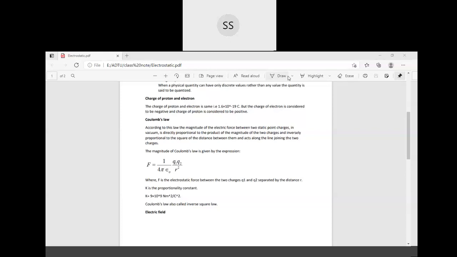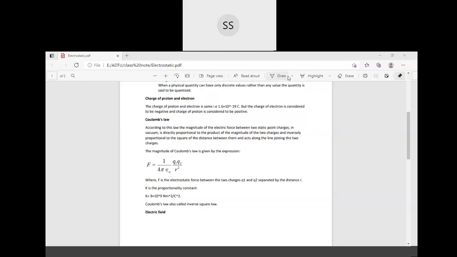So we already know that charges with the same electrical sign repel each other, and charges with opposite electrical sign attract each other. That means positive and positive repel, negative and negative repel, and positive and negative attract each other. When the charges attract or repel each other, they exert some force for attraction or repulsion. That force is explained by Coulomb, and that is called Coulomb's law.